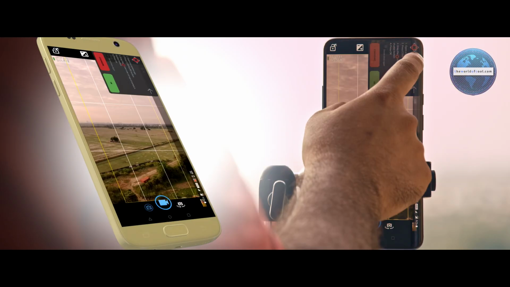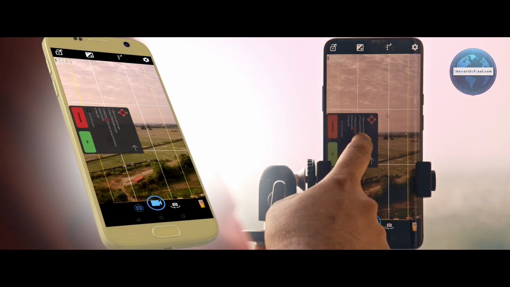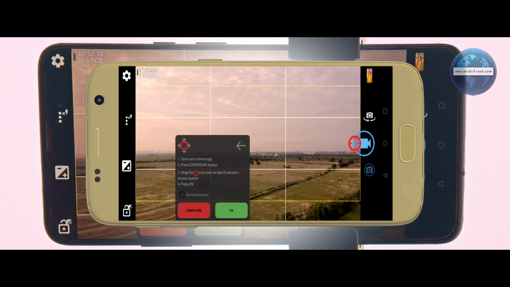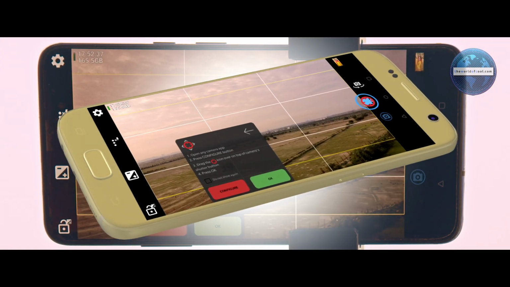So let's get the large window out of the way first so that you can set the image properties properly. You can drag it around by grabbing the top position bar, but it'll be better if you click on configure. The app will draw a bullseye target thingy. Make sure it's on top of the shutter button of the open camera app. If it's not, just drag it and drop it on top of it.